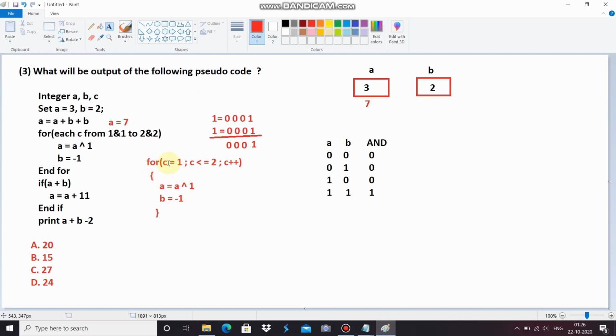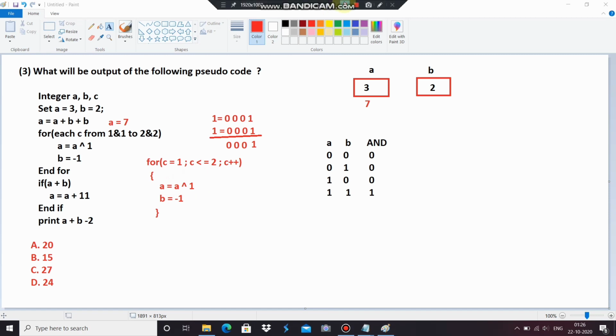Here you can see c is 1, and if c is less than or equal to 2, then the condition will be true, and it will come within the loop, and it will check a bitwise 1. Now we have to solve the bitwise operator again. Now we know very well that the value of a is 7. Then how to solve it? Let's see how to solve it.